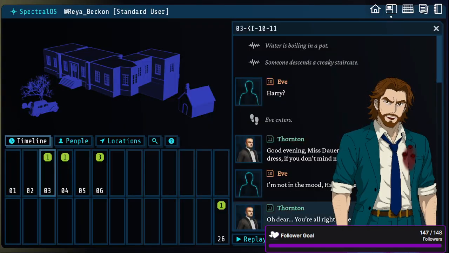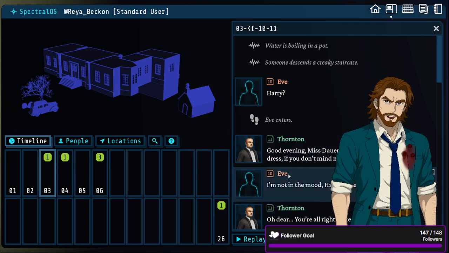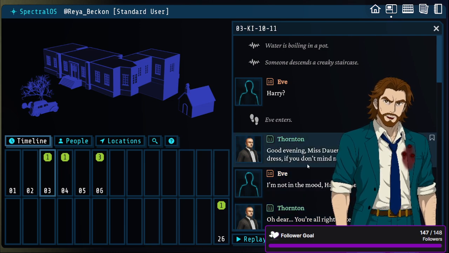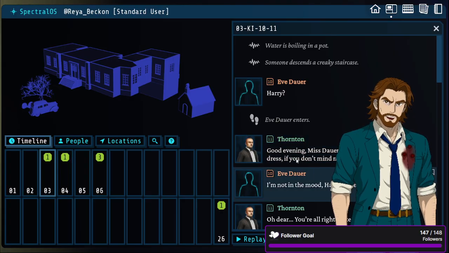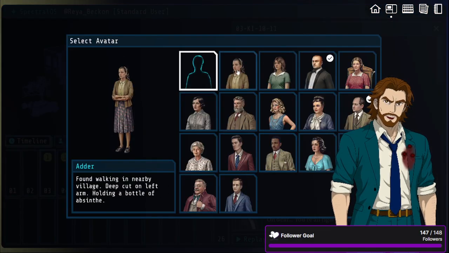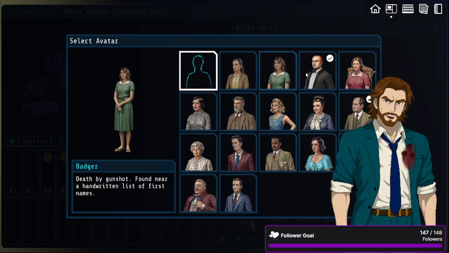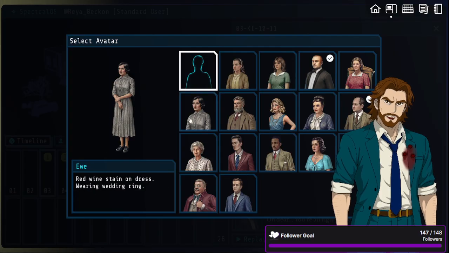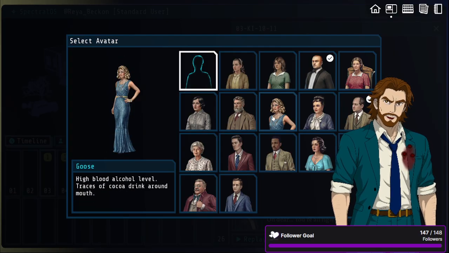Okay, so we got some interesting stuff there. So we now know her name is Eve Dower. Okay, so we at least lock that one in. We can also, I'm pretty sure, high blood alcohol content, traces of cocoa drink around mouth.